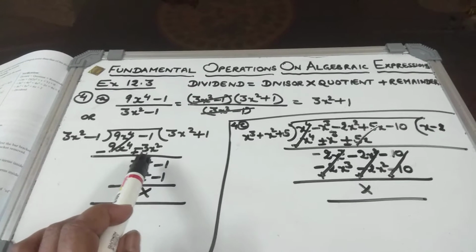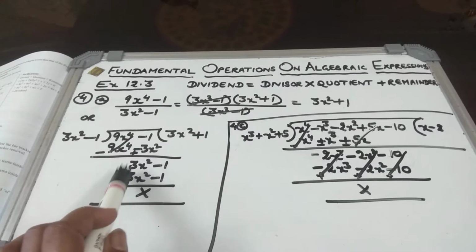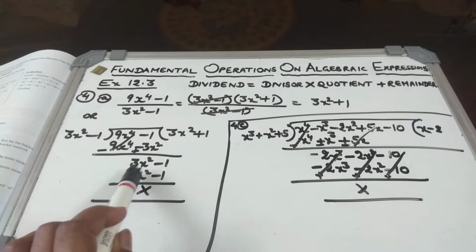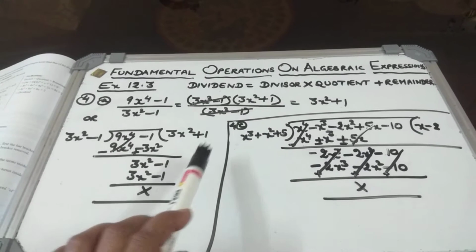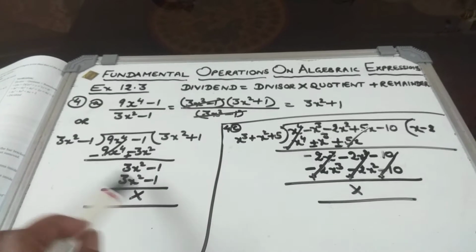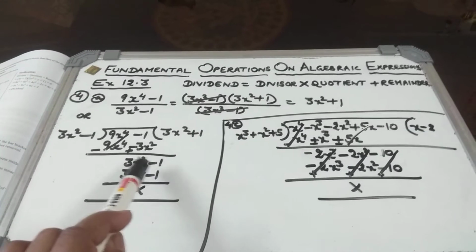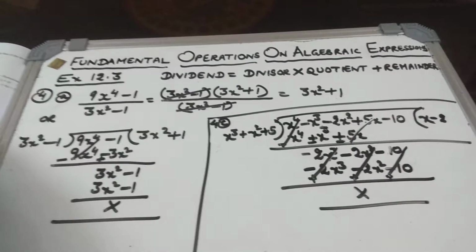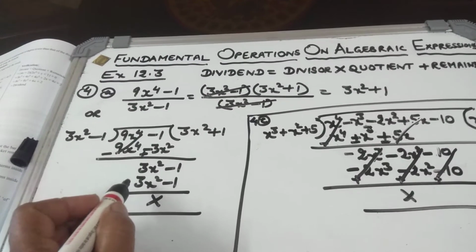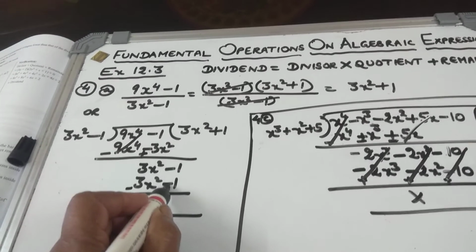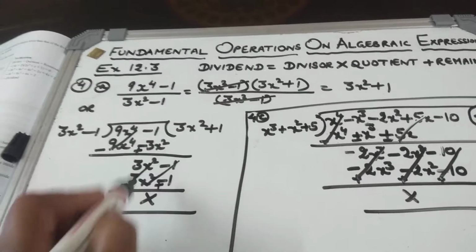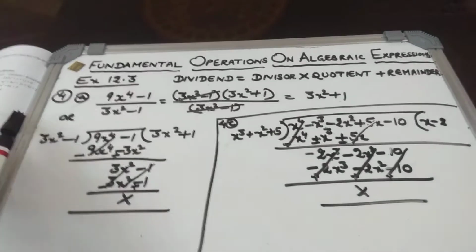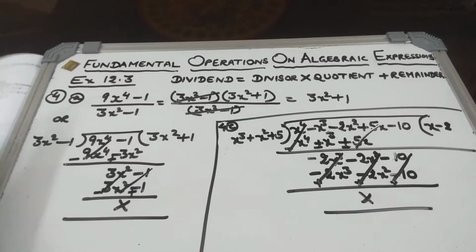Now what is left over? This becomes 3x square. So plus 3x square minus 1 you will take down. So now if you multiply this by plus 1, you will get directly this, which is the required expression. Hence this expression minus this expression is automatically nil. You can show that also, minus plus, this and this goes. Hence you are getting nil as the remainder. I hope it is clear to you.